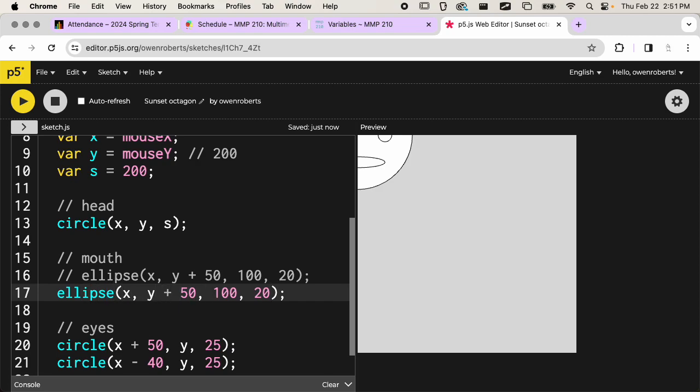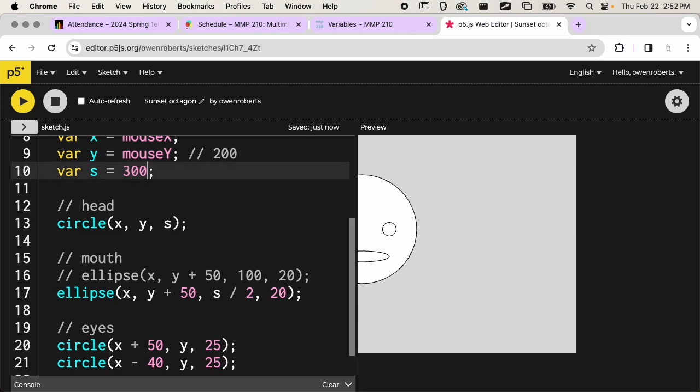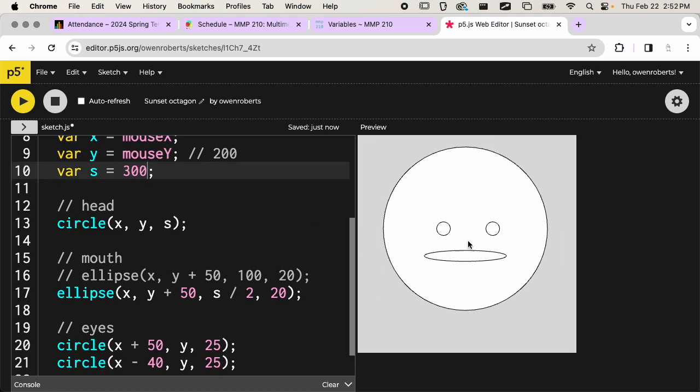So for size, if the mouth is 100 pixels wide, and the head is 200 pixels wide, that means that the mouth is half the size. So if I want this to be relative, I can say size divided by 2. Or I could say size times 0.5. Okay, so now this is fine. And if I change the size to 300, now the mouth gets bigger